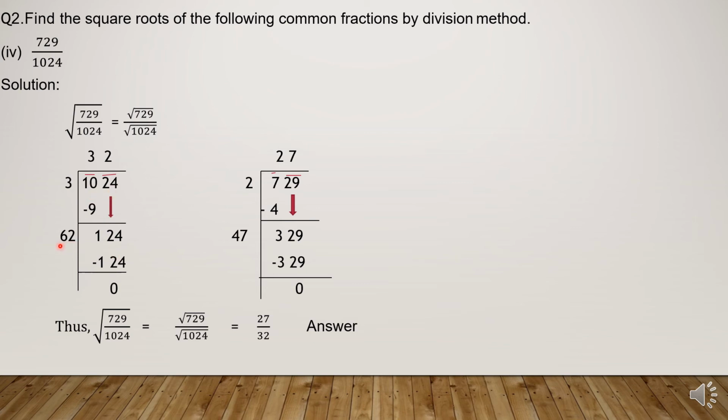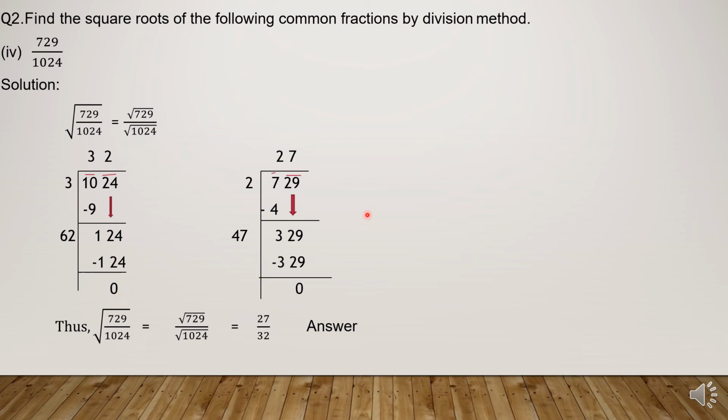Here how we make the new divisor? 3 plus 3 is 6. And from where I get 2, we will guess here a number that is 2 and multiply 62 with 2. If you guess here a number 3, then you have to multiply 63 with 3. So we guess here 2. You can do all of this work in your rough page or at one side of your paper. 62 with 2, multiply these, you get 124. Subtract these values, you get 0.